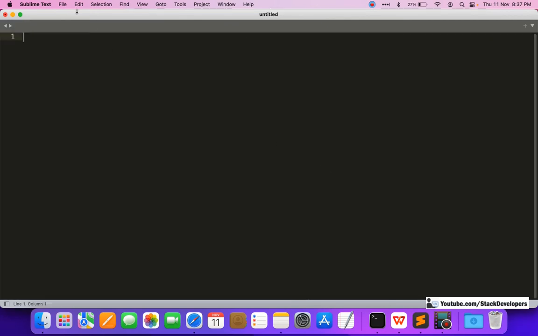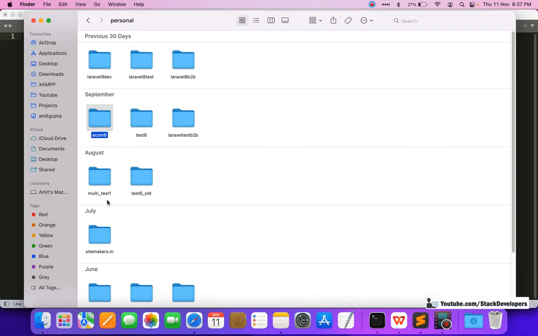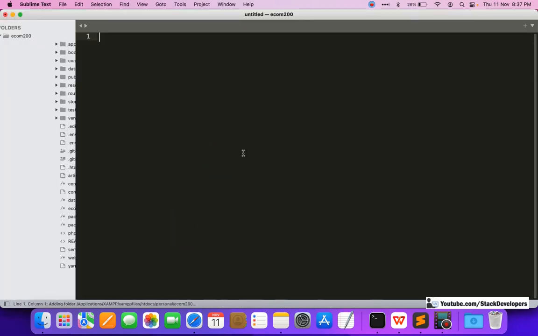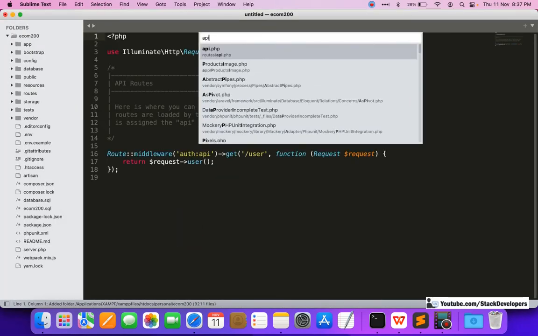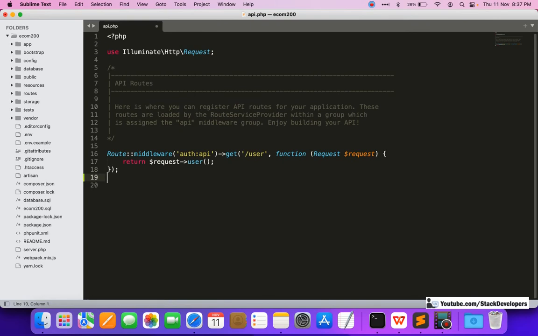the basic e-commerce code. We will open this project here, and here in the api.php file we are going to create the new route, for registering a user from the Laravel advanced e-commerce website.